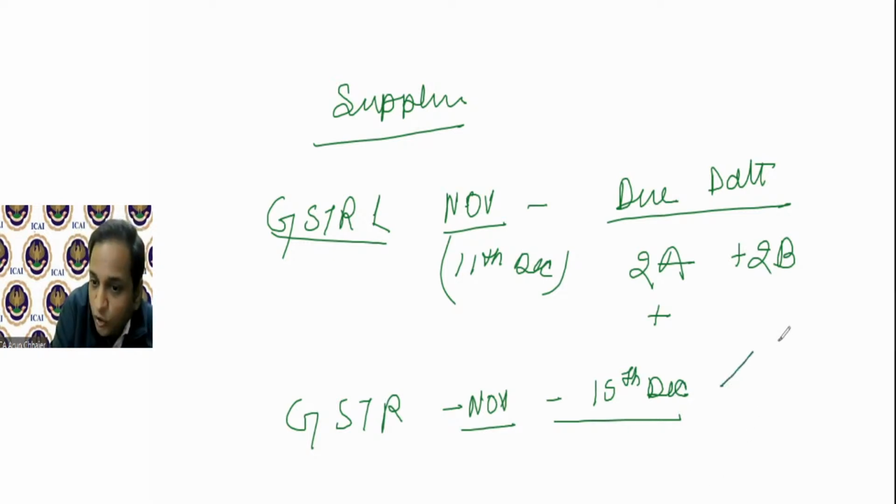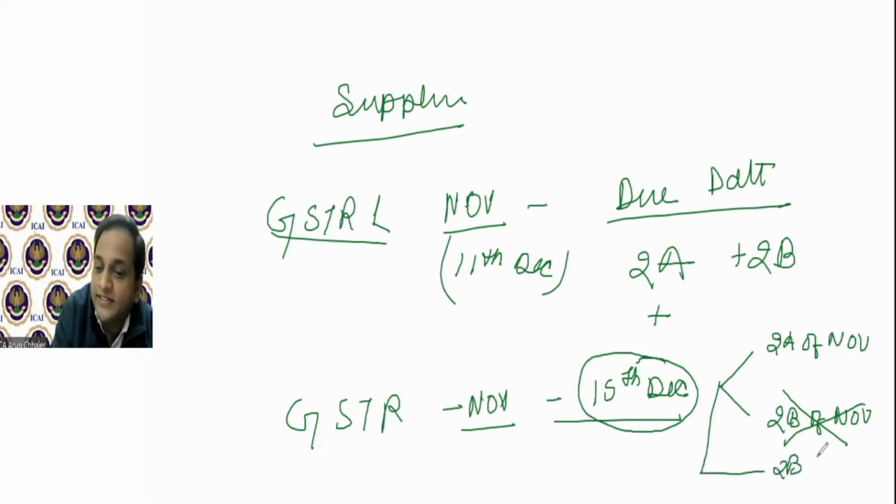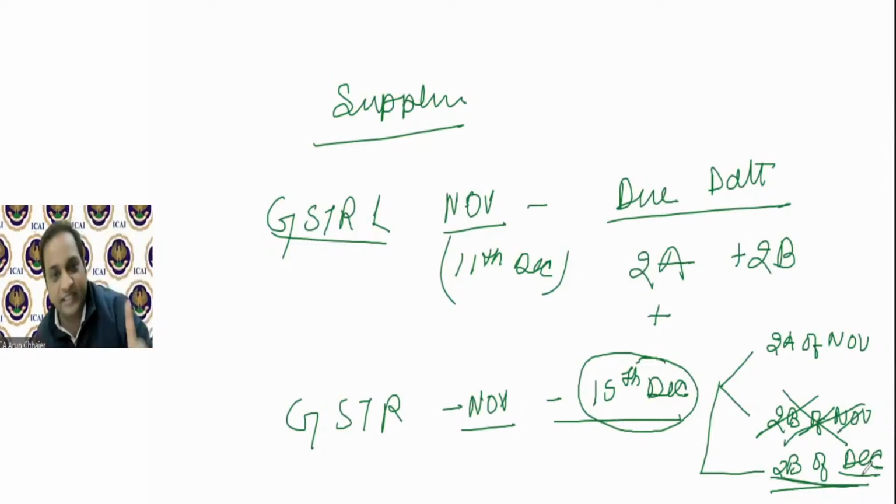ये GSTR2A में तो जाएगा of नवंबर, but GSTR2B of नवंबर में नहीं जाएगा। क्यों? क्योंकि supplier ने GSTR1 after the due date furnish किया। तो ये next month के 2B में जाएगा, 2B of दिसंबर में जाएगा। फर्क क्या पड़ेगा? Input tax credit recipient को नवंबर में नहीं मिलेगा, he would be entitled to take ITC in दिसंबर।